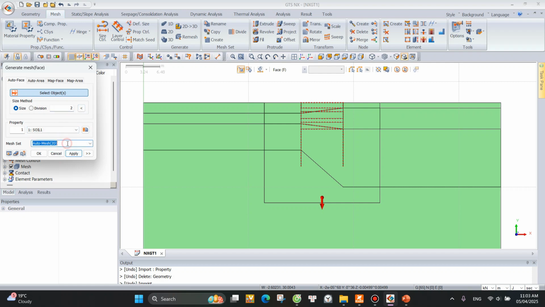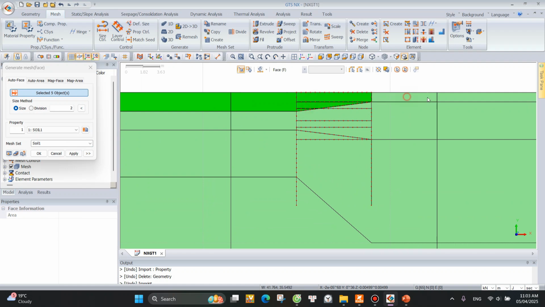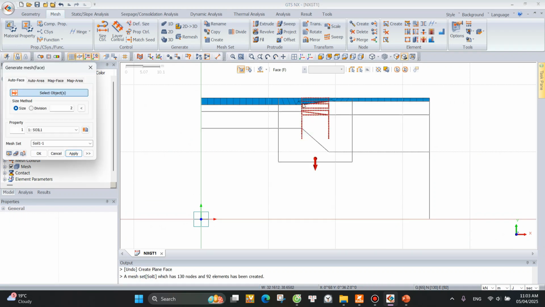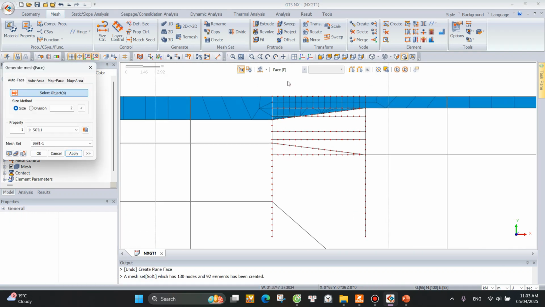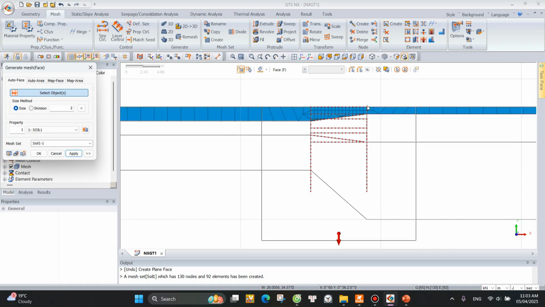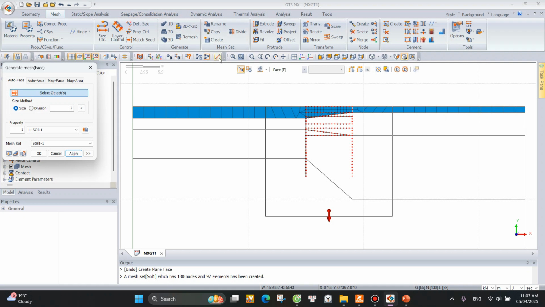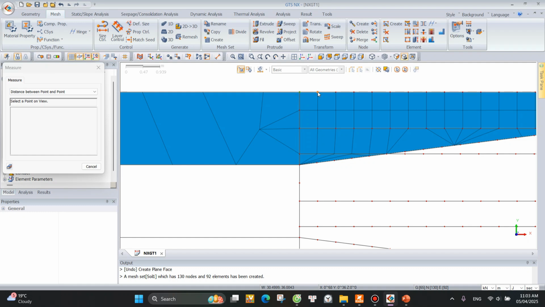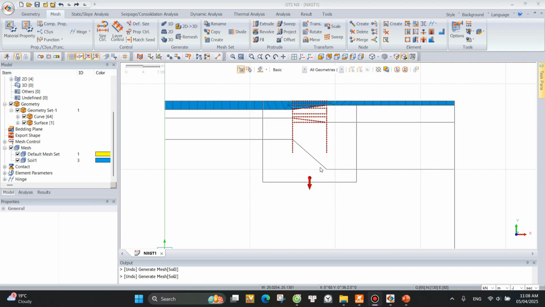So you have the soil one, and you create the name for your mesh, soil one, and then you choose the soil layer, and this is soil one of yours, and you apply. So now it will generate the soil with two methods, as you can see. And now you can recheck the length of the mesh, because now you have 0.5 here, and you can see here 0.5. So you can see now we have the soil one layer, and when you choose the soil one,